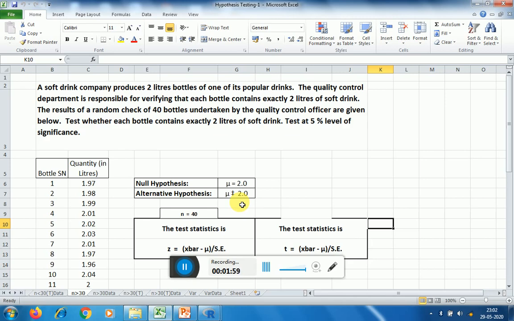That means the bottle contains soft drink which is either greater than 2 liters or less than 2 liters.